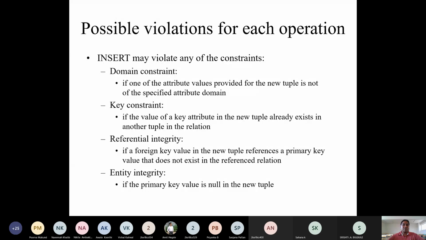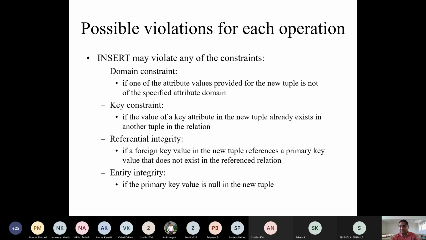If you declare an int and try to insert a char value, definitely it will not take. Right. Moving on, a key constraint: if the value of a key attribute in the new tuple already exists in another tuple in the relation. So if you are trying to enter a duplicate value of the key, then definitely that value will not be inserted.